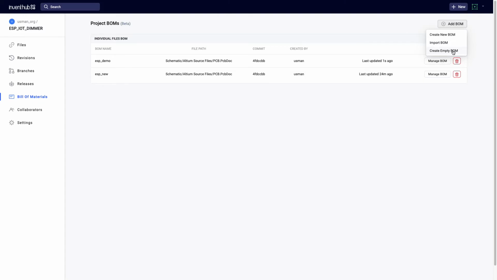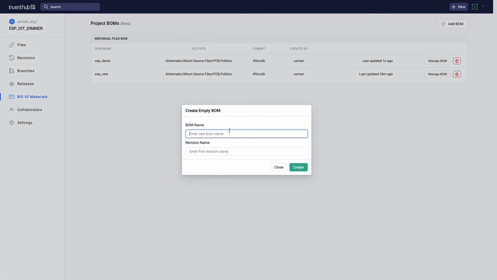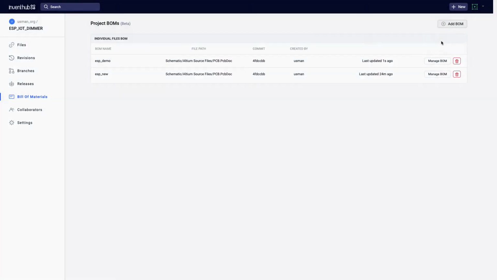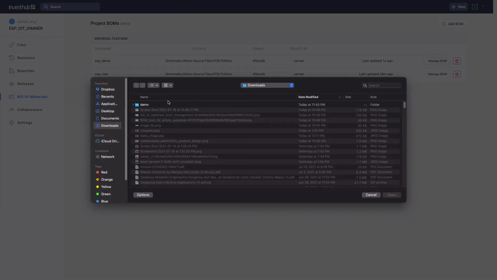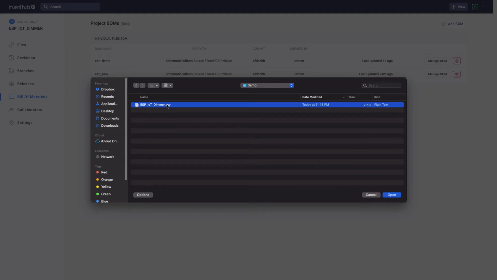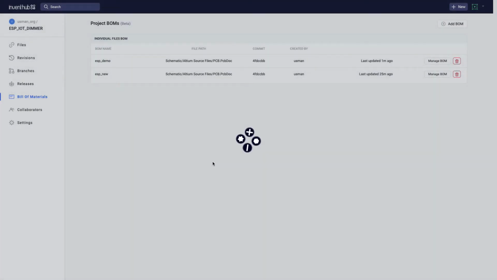We only import CSV format bill of materials. So let's say this is ESP_import. Let's say this is version 1.1. Sorry, I was creating the empty one, but import is the one we're looking for. So this is ESP_import, I say this is 1.1, and this CSV was exported from Altium. As you can see, this is a CSV file. This was generated from Altium Designer. Once you select that file, you create,